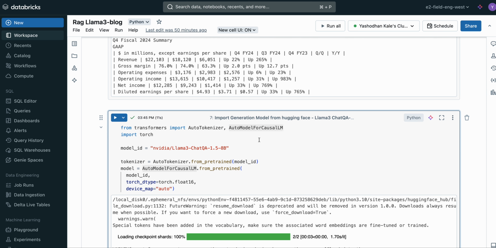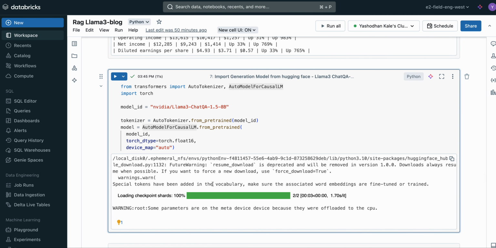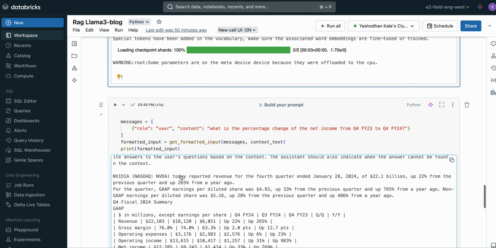So you can see, passing the necessary details here: the model ID, the target D type, and the device map, the basic parameters that you need. This cell is going to take some time because it's going to actually download your model from the Hugging Face into your environment. Once this is done,